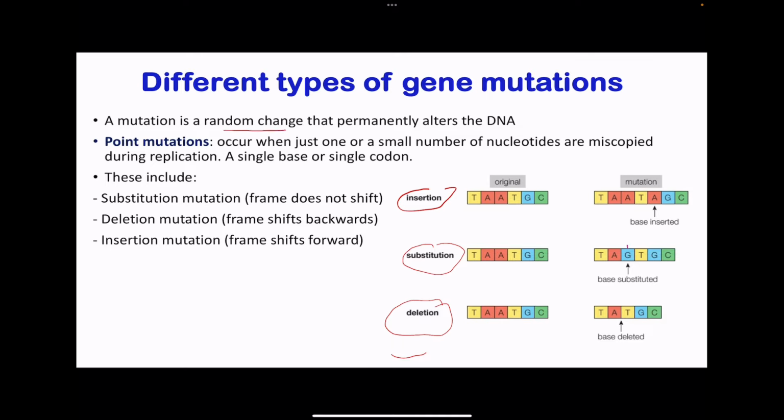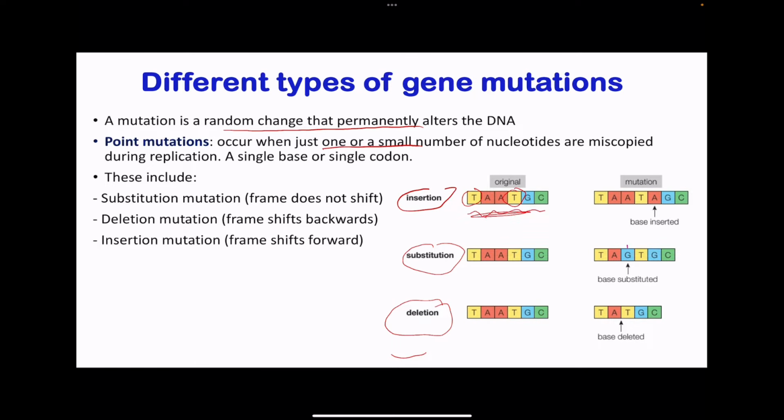A mutation is a random change that permanently alters the DNA. Therefore, proteins that are going to be made from that DNA are going to be completely different. The point mutations occur where one or a small number of nucleotides are miscopied. For example, it could be maybe this nucleotide and that are miscopied, or they could be duplicated. So these include, like I've already told you, insertion mutations that we see here, deletion mutations, as well as substitution